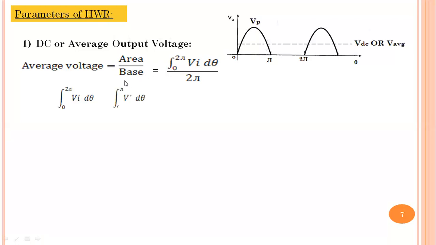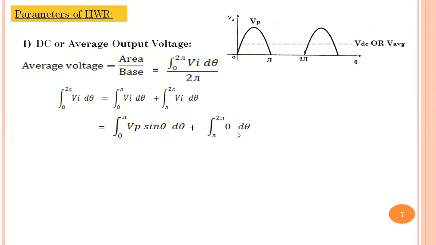Very first, we can split the integral from 0 to 2 pi into two. First half cycle with limit 0 to pi, second half cycle with limit pi to 2 pi, of the input applied VI. Remember, this input VI is between the two secondary terminals S1 and S2 as the actual input for the rectifier, not AC mains. AC mains is of very high voltage, right? Now, if you solve this integral, it is found that during the positive half cycle, the equation for the AC waveform is known to us, peak voltage sine of theta. But during the negative half cycle, the input becomes 0.